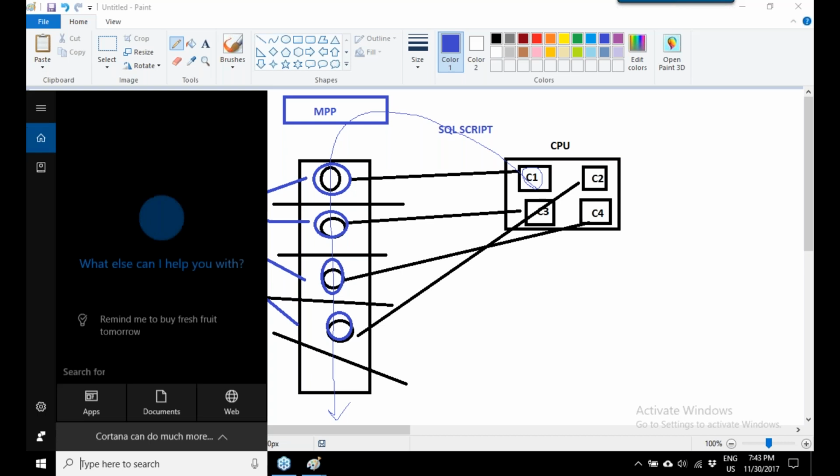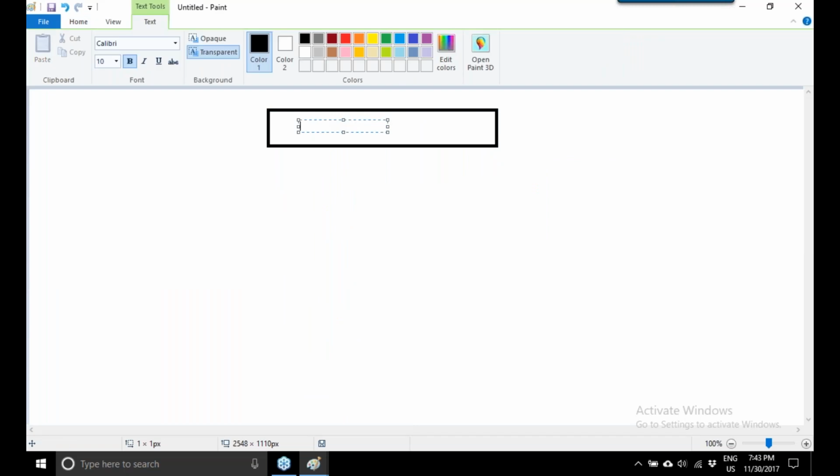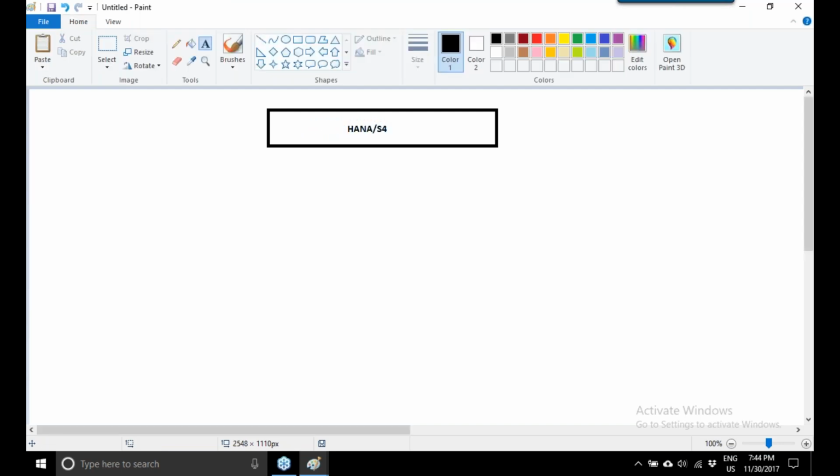But when you're working on a project as a HANA S4 HANA consultant, what do we have to do? When you're working on HANA S4 HANA projects, there are two kinds of scenarios.